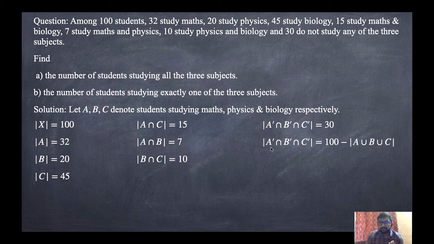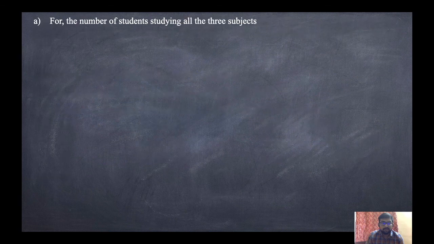Now, A dash intersection B dash intersection C dash, that is cardinality of X minus A union B union C. Okay, so what is A union B union C? Cardinality of A union B union C, that will be 100 minus what we have here, that is 30, so it will be 70. Now first, for the number of students studying all three subjects,